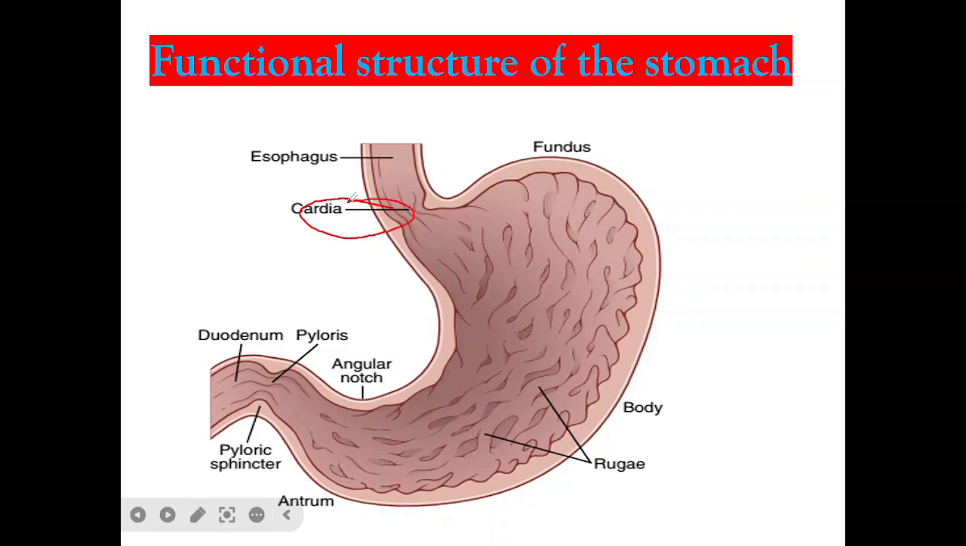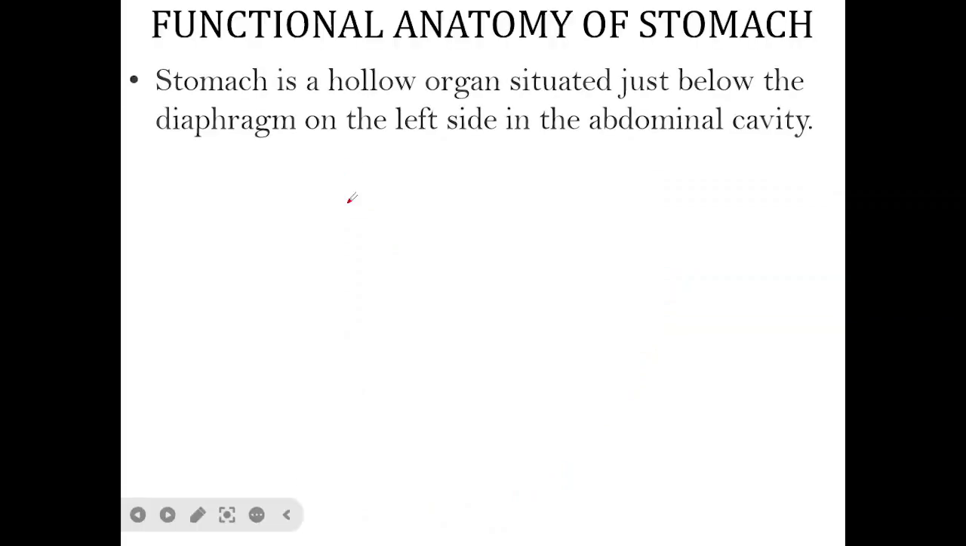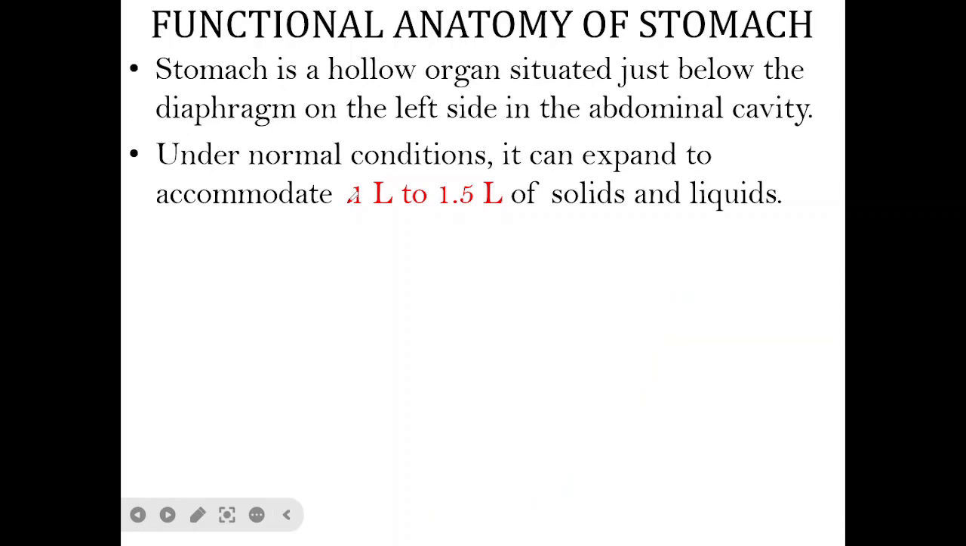ስቶማካችን እንደምታዩት ሞር ፎር ፓርቶች አሉት። The stomach is a hollow organ located below the diaphragm on the left side of the abdominal cavity, the anatomical location. Under normal condition it can expand to accommodate up to 1.5 liters of solid and liquid, so semi-liquid foods. So up to 1.5 liters of semi-liquid food is stored inside the stomach, and even sometimes it can extend up to